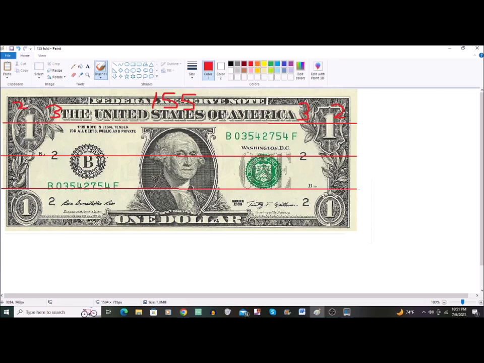And now we have a 33 encoded within the dollar bill, which is pretty cool, I think. And also, when we combine this 23, 32 here, let's make this a little bit bigger, what we really end up with is 55 on this top line, which is pretty interesting. That is pretty cool,